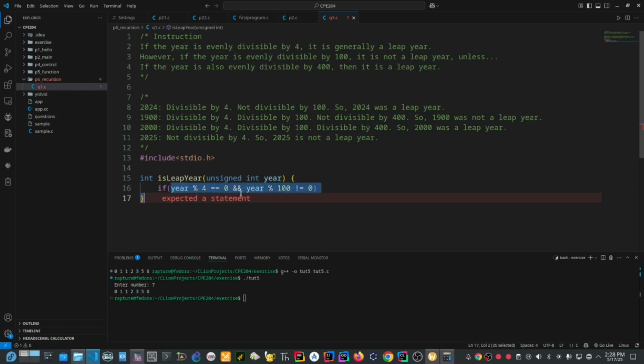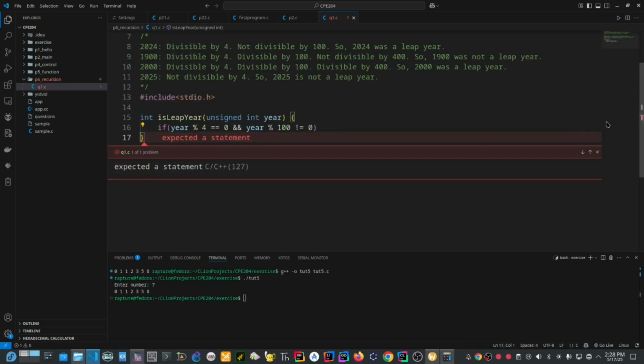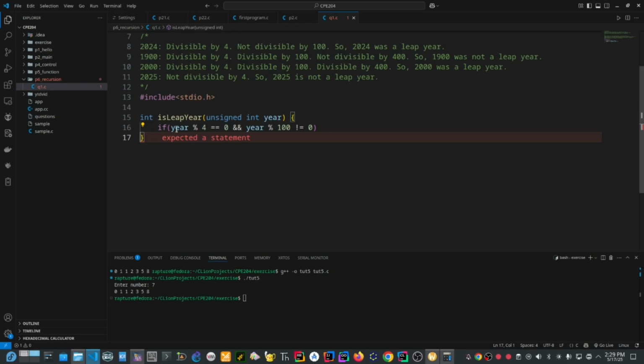You can also separate it. I will show you also where I've separated it. You can also put it inside a parenthesis this way, or the year also is divisible by